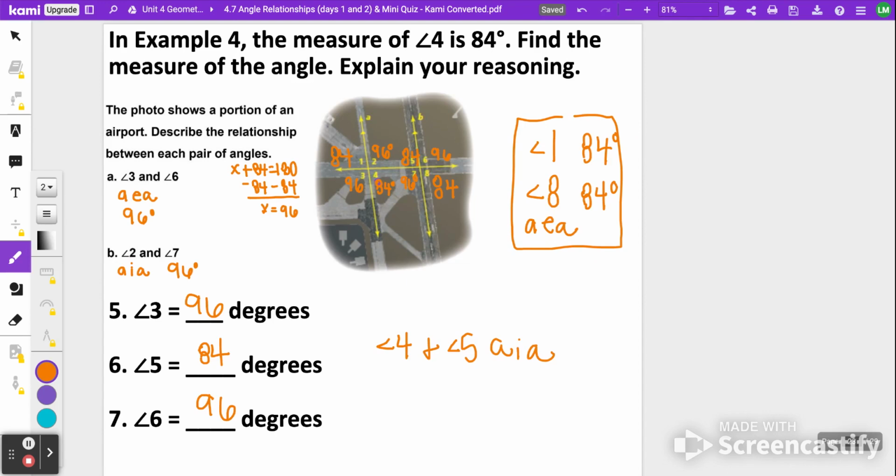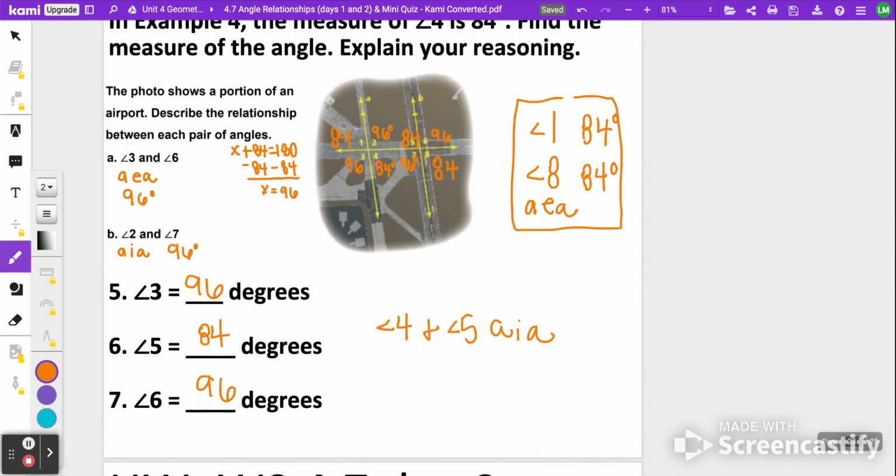That'll be the conclusion of our notes today on day 2 of angle relationships. Hopefully this